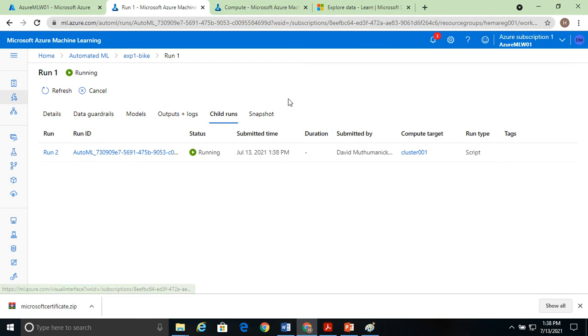Because we have given the time as 6 hours, maybe it will take 6 hours to complete this, and at the end of the time you can see the results of this run. It will tell you which algorithm is the best algorithm. Okay, so this is how you have to run your automated machine learning model.